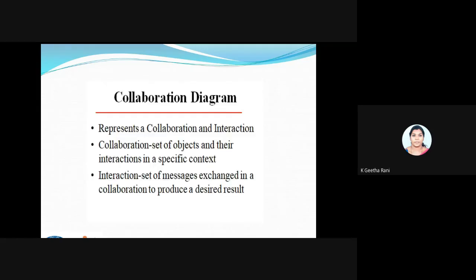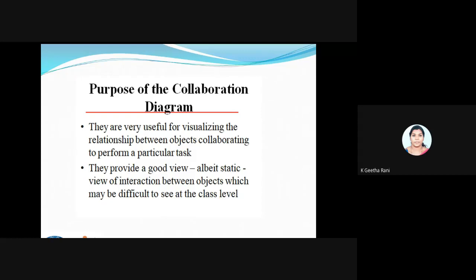Now we will see the purpose of this collaboration diagram. What is the main purpose of it? We are trying to make the visualization clearer for the objects. We give additional features to the objects, a clear view of the objects and the relationship. For this, we go for the collaboration diagram. We are not going to see the object lifeline or other details of the object. We are going to see how two objects are related to one another, and what messages are passed between them to make the relationship. For that we use this collaboration diagram.